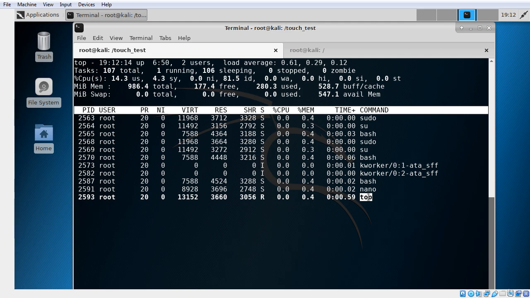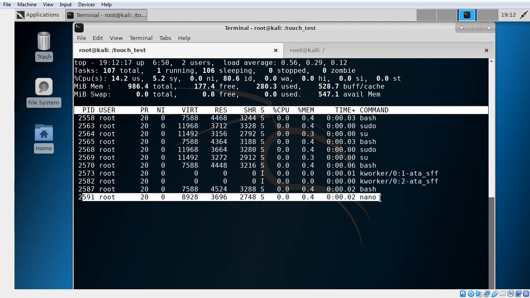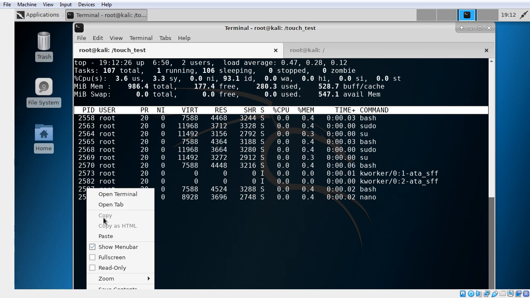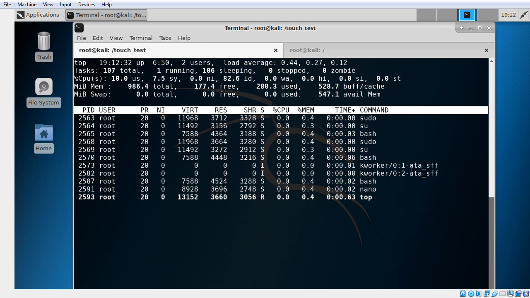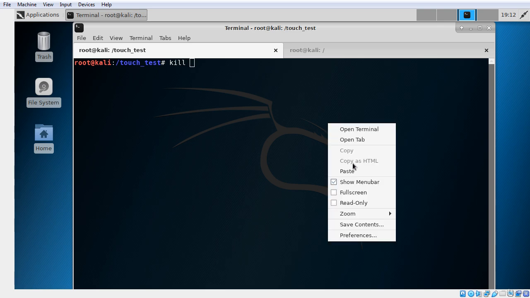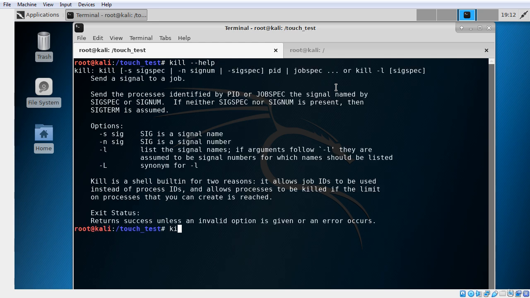As you can see, the top command that I just ran is also a process that's running. Okay, so nano's process ID, PID, is 2591. Let's get out of here. Clear. Okay. Kill. Now there's a certain format to this. Let's just do this quick. So it's kill